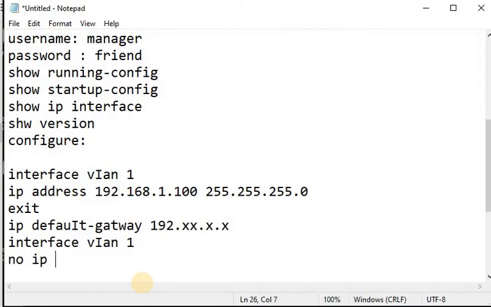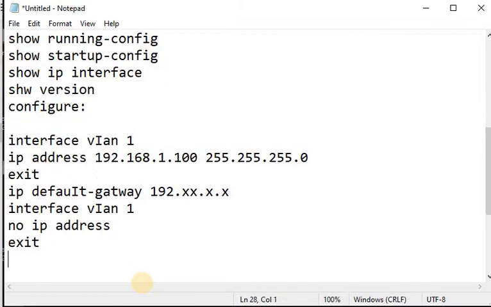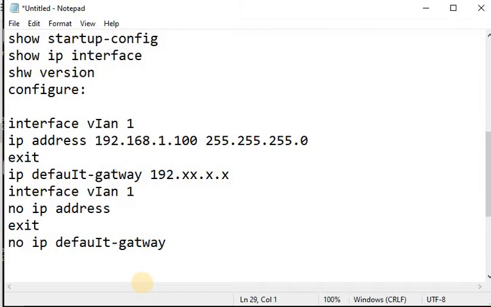Here you will type no ip address and press enter. The IP address will be deleted. And if you want to delete the default gateway, you will type exit, and then you will type no ip default-gateway and press enter. The default gateway will be deleted.